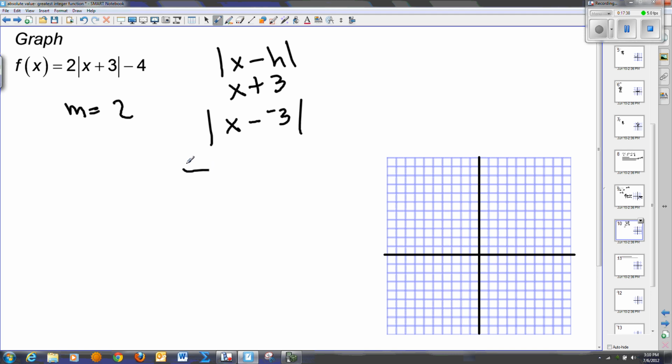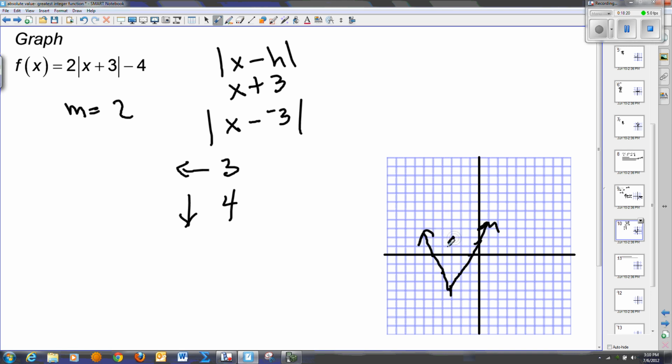So I want to move to the left 3 for my vertex in this case, and I want to go 4 down. So I'm going to do that, moving to the left 3, going 4 down, claiming that's my vertex. And from that vertex, I have a slope of 2. And I can do symmetrical points on the other side. Notice I haven't plugged into this formula at all,